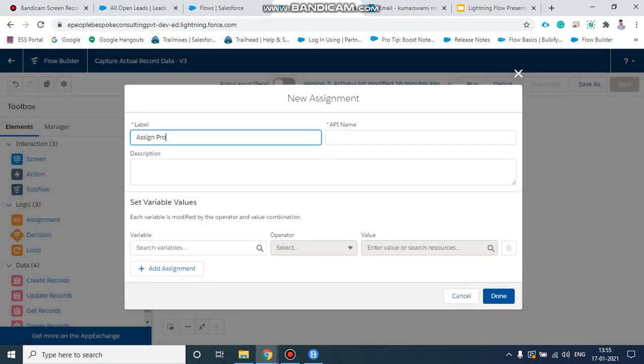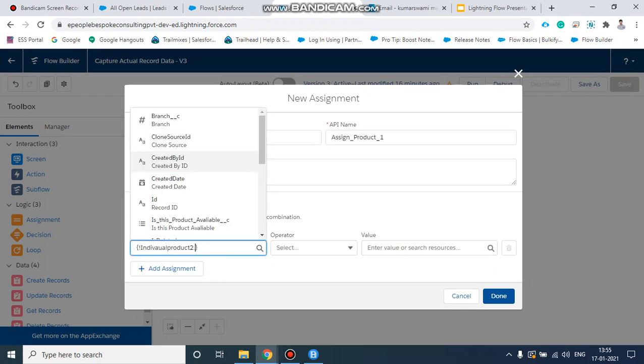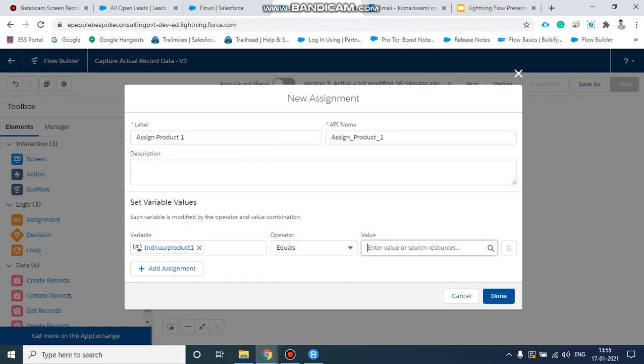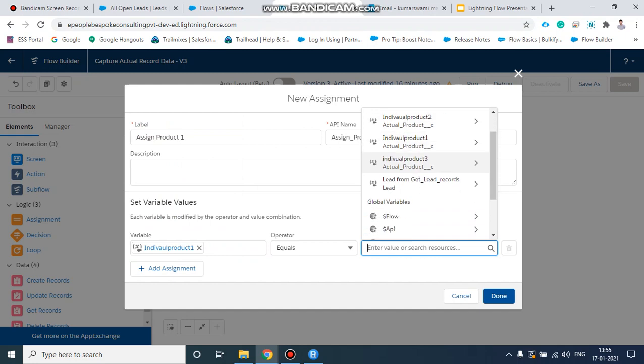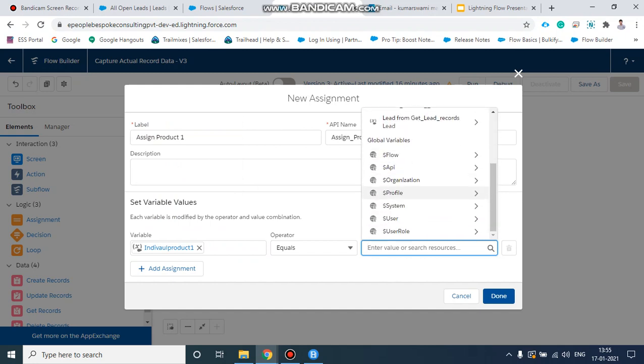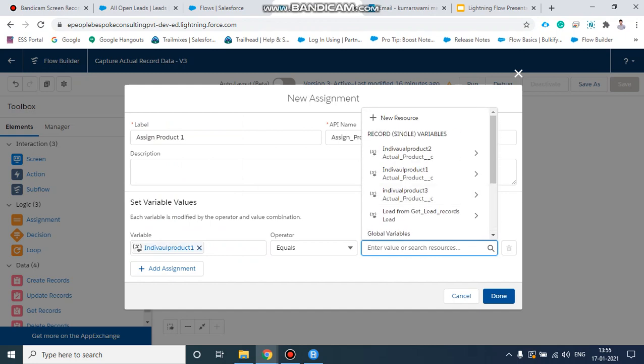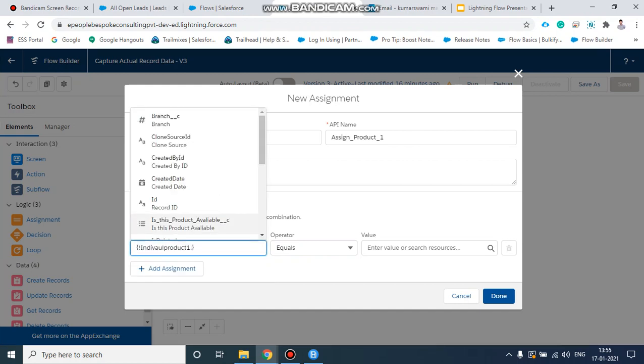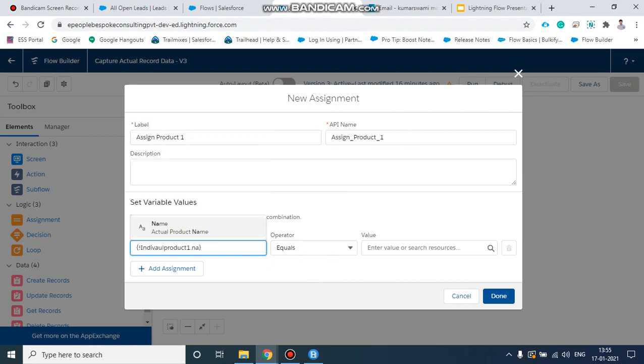After that we need to take an assignment, assign product 1. We are assigning whatever value we get from the screen component into this record variable. We need to take individual product 1 equal to name.